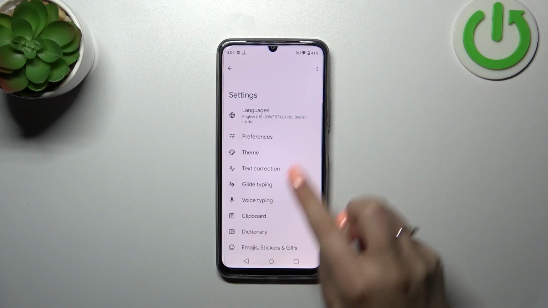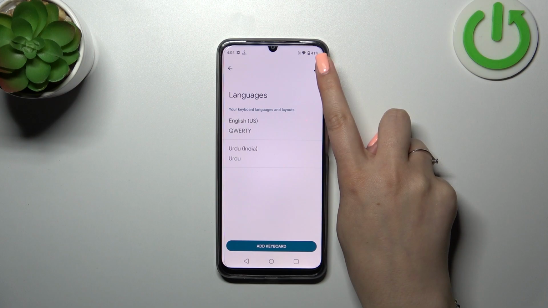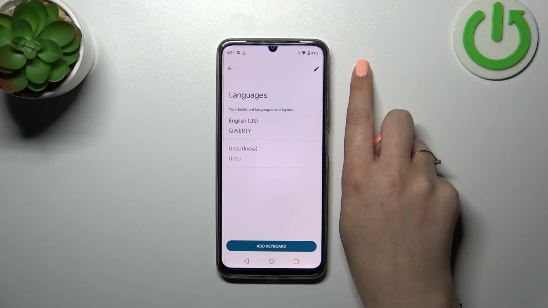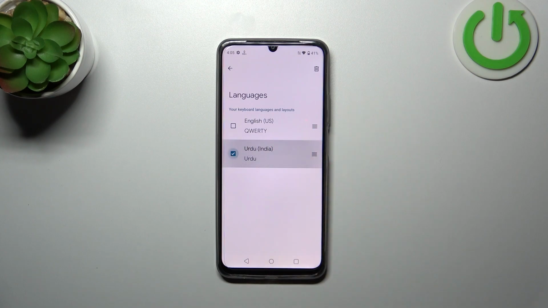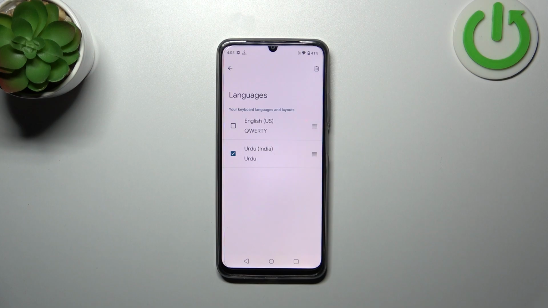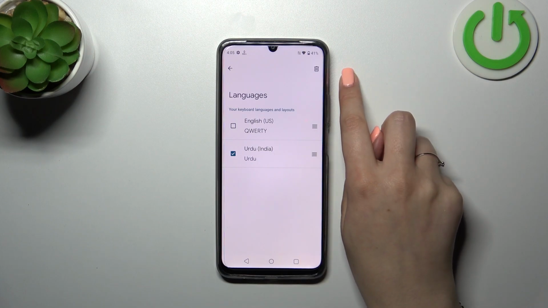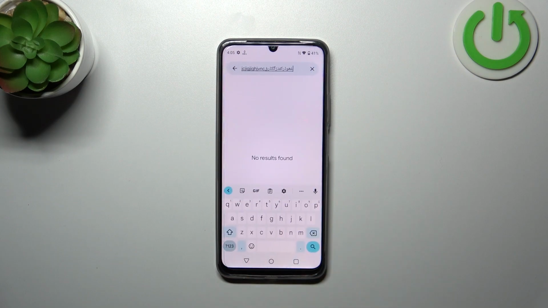So let's enter the settings again, tap on the languages, and here in this section you have to tap on this edit icon in the right upper corner and mark the language you'd like to remove. As you can see, you can also reorder the languages here, up to you, and then tap on the trash bin icon. As you can see, we've got only English left,